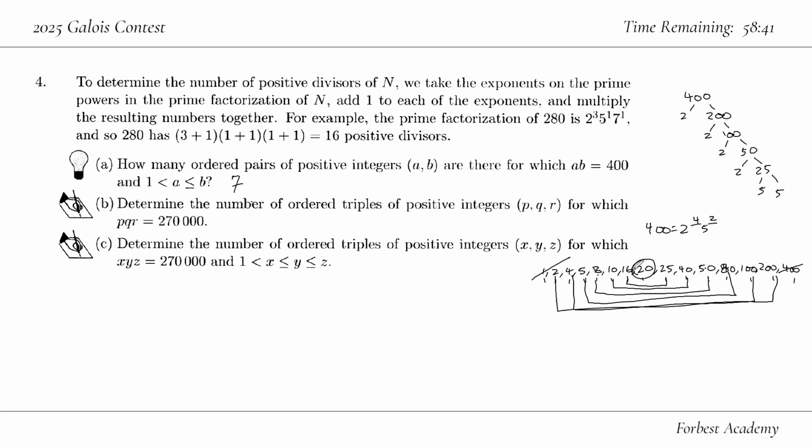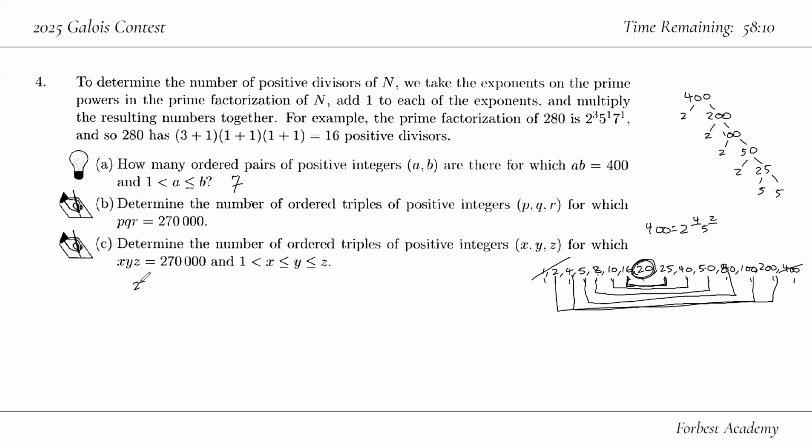You could have 13 because, in addition to 16 and 25, you could have 25 or 16. 20 and 20 wouldn't have a different version, but the other 6 pairs would. But we can just say 7 ordered pairs for which a is greater than 1 and a is less than or equal to b. Part B, determine the number of ordered triples of positive integers PQR for which PQR equals